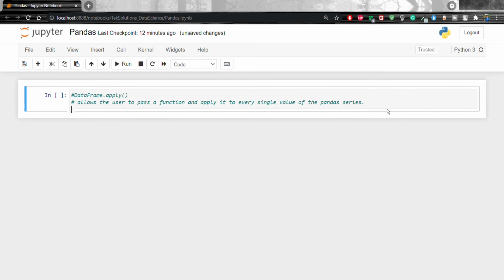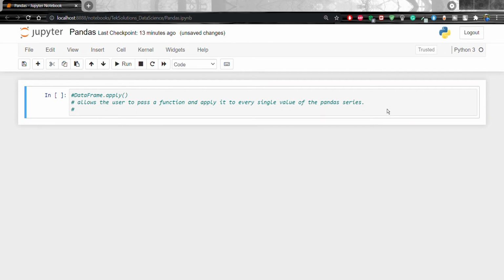So what's the syntax of the DataFrame.apply method? DataFrame.apply. The first one is the function, func. The second one is axis. By default it will be 0. The third one is broadcast, that is None by default.